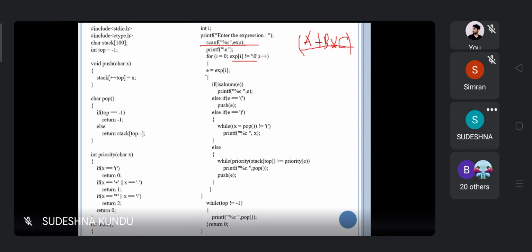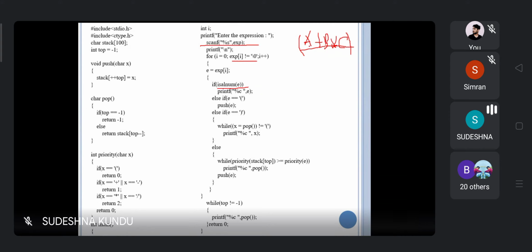Then we are taking each and every expression. If it is alphanumeric, either it can be A, B, C, D, or it can be 1, 2, 3 in this manner, then it will be directly printed.